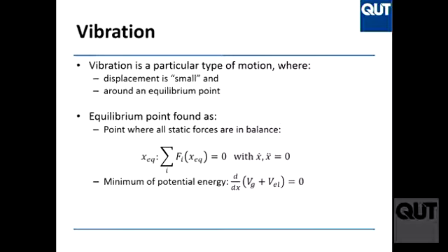Okay. Vibration is a particular type of motion which is defined by two things. One is that it's small. You don't expect vibration to be of the size of your body. Okay? So imagine you have a car, okay? You turn on the engine, you see your car is vibrating, kind of thing, right? Now, this vibration won't be 2 meters, which is the size of the car. It will be very tiny compared to the size of your system.